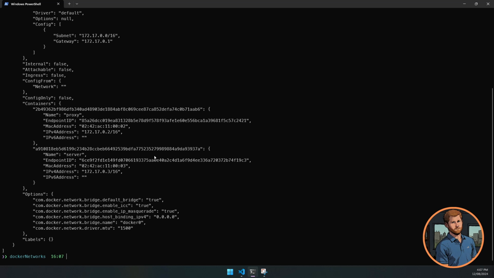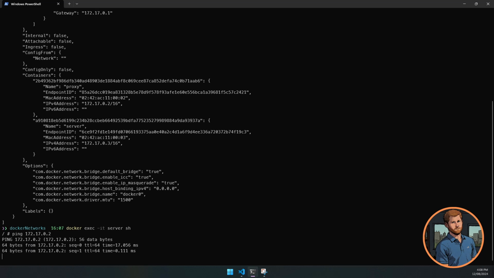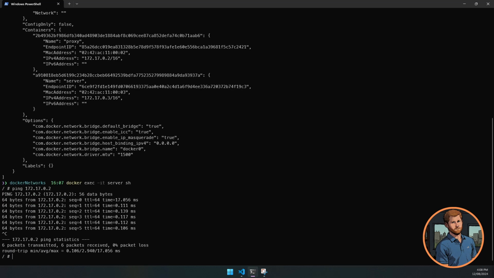We can even log into the server. We'll run docker exec -it server sh and just ping our proxy server by going ping 172.17.0.2 from our container IP address above. And we can see that it's responding to us across our network,